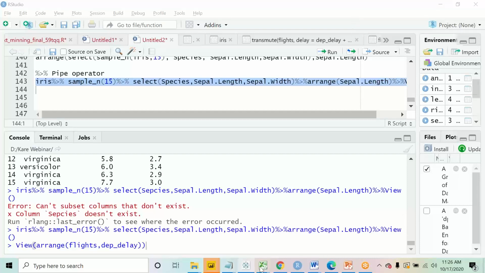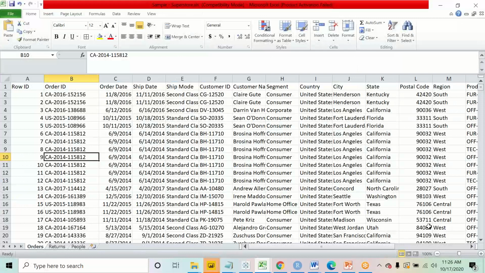Okay. So now if you will see in this Excel, what I want to do over here is, this is the data of a superstore, as the name tells. When you go to any of the grocery stores or when you order something from Amazon, what happens right away? There is an order ID that is generated, right?